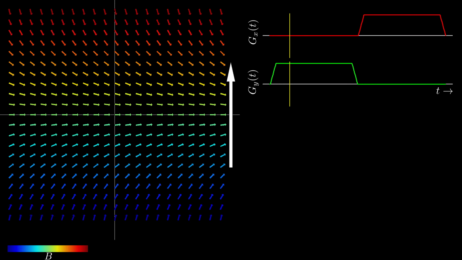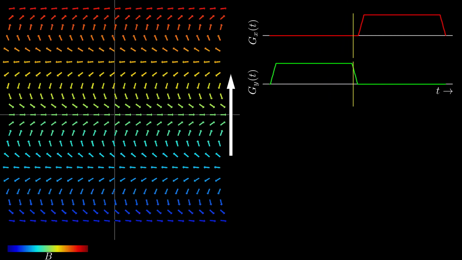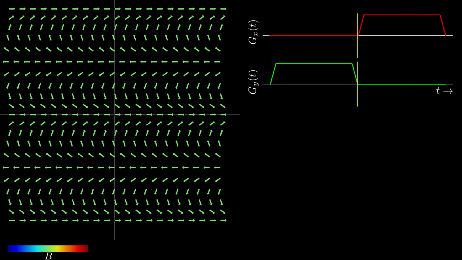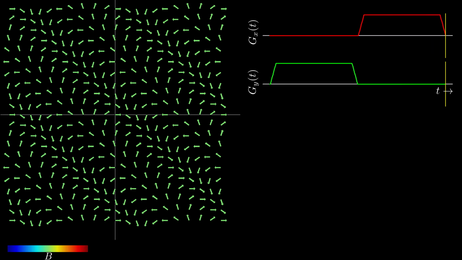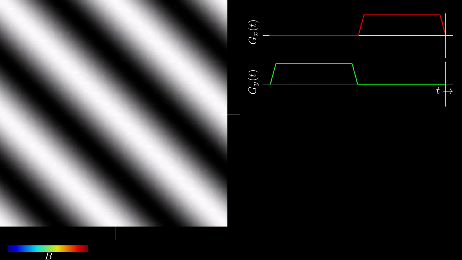As we deliver the y gradient, spins accumulate phase in the rotating frame linearly according to their location in y. Do you see it? Let's continue with a gradient in the x direction. Same deal here, spins acquire phase linearly in x. Do you see it now? By winding up spins in space using these linear field gradients, we're creating our own spatial frequency within the sample. This 2D sinusoid we've created here